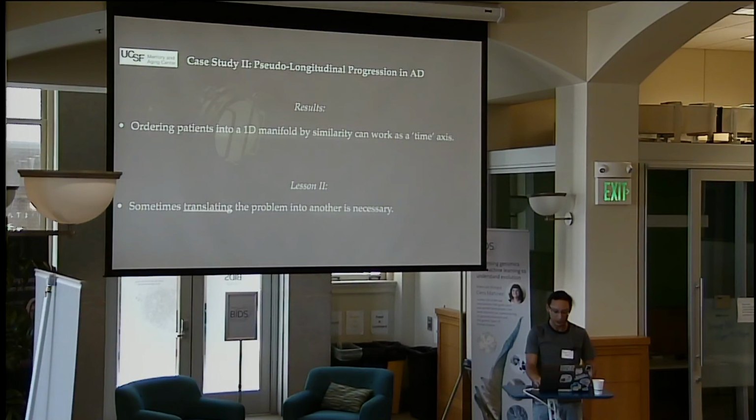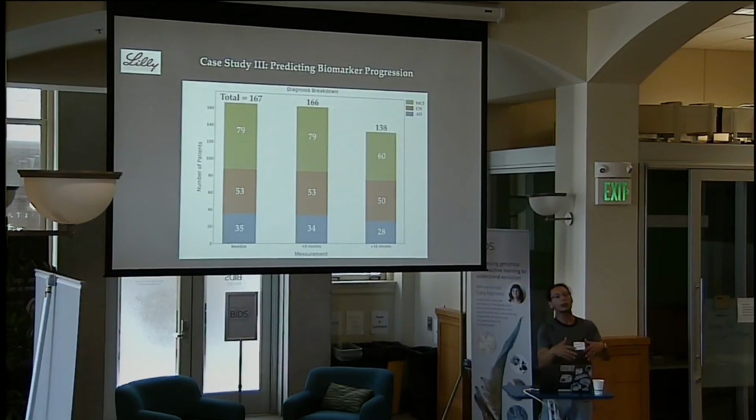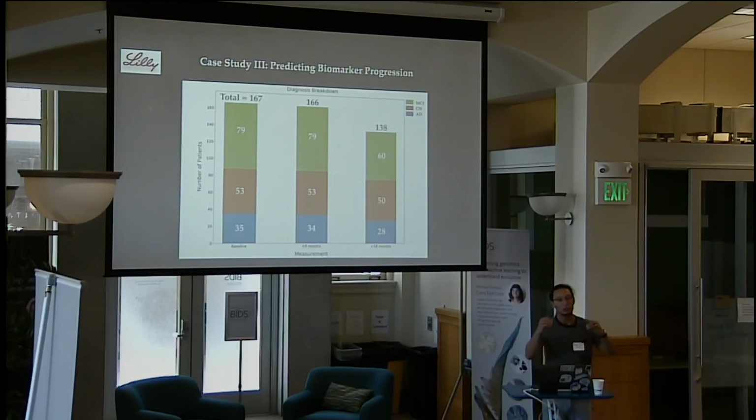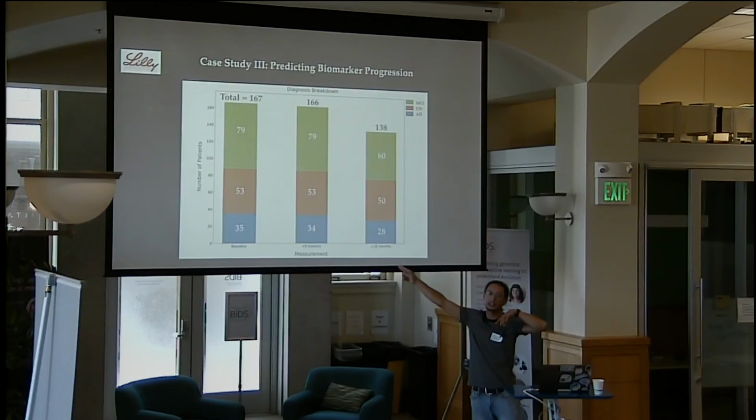And finally, I'm going to give a very quick example of a third work that we have done, now with longitudinal data. Eli Lilly is a pharmaceutical company. They came to us with data from 35 patients, some Alzheimer's, some mildly cognitively impaired and some normal, that they followed over 18 months. The question they had was, can you predict how much tau is going to accumulate in the brain of this patient over a period of 18 months? So take the data from baseline, try to predict 18 months.